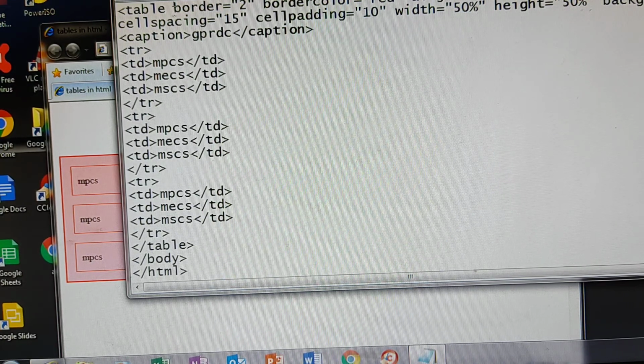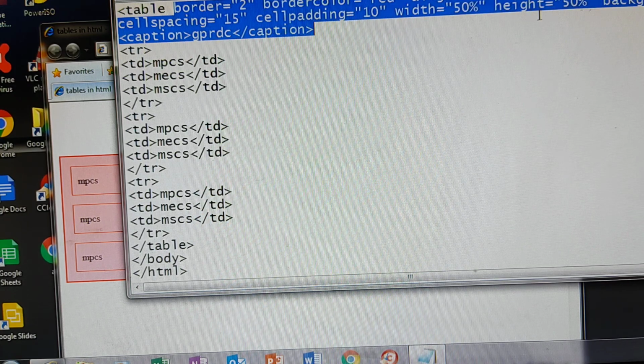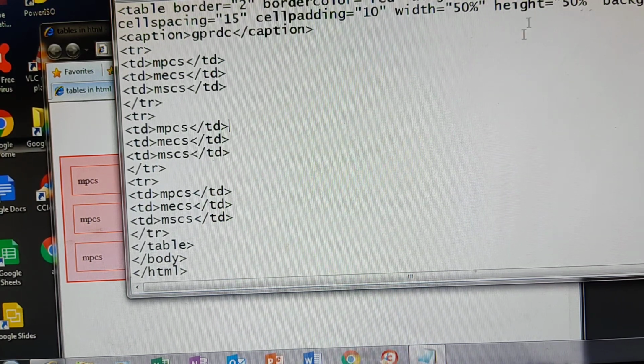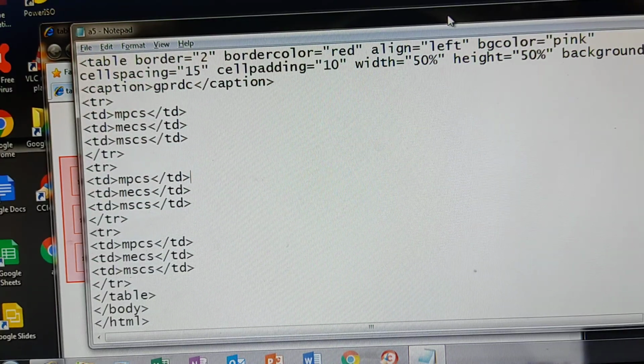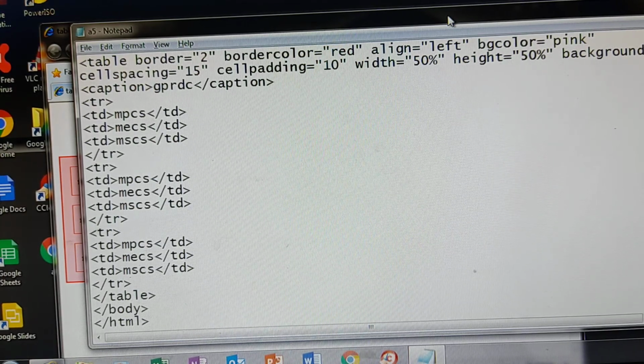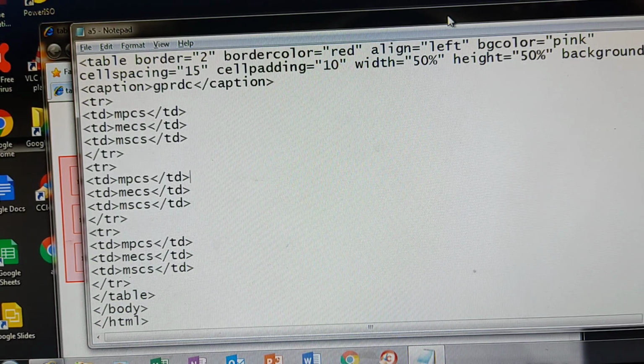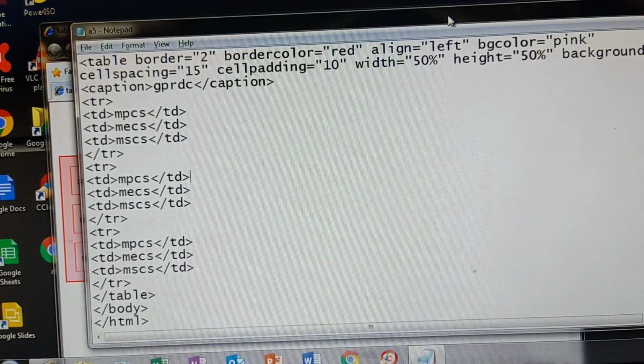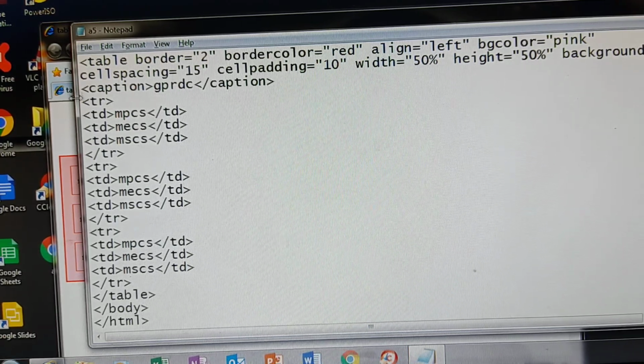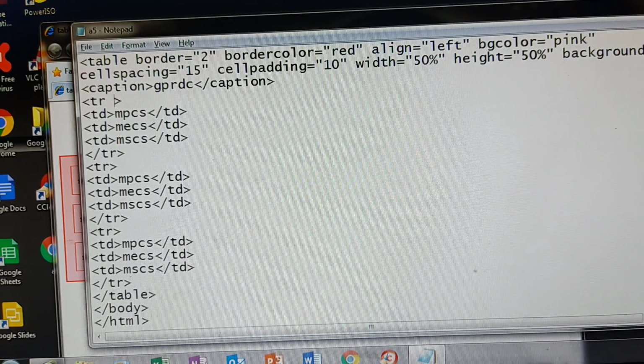Okay, so here this is about your table tag and the table attributes. And remember one point, whatever table attributes are there, all those attributes should be included inside the table opening tag only. And in one opening tag, if you are adding more attributes, each and every attribute should be separated by one single character space. So here I am adding nearly some 7 to 8 attributes. Between each and every attribute, how much space have I given? Single character. Even if you have 20 attributes, you can include 20 attributes with a single character space. Now I will give all the attributes inside the TR tag.